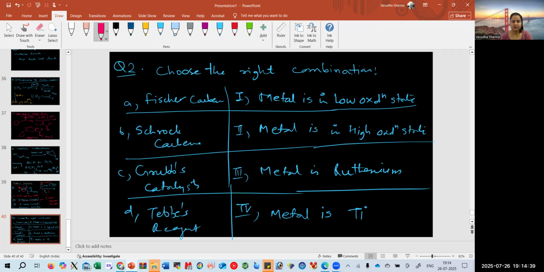So if you see over here, we know that Fischer carbene comes in a category where it has to